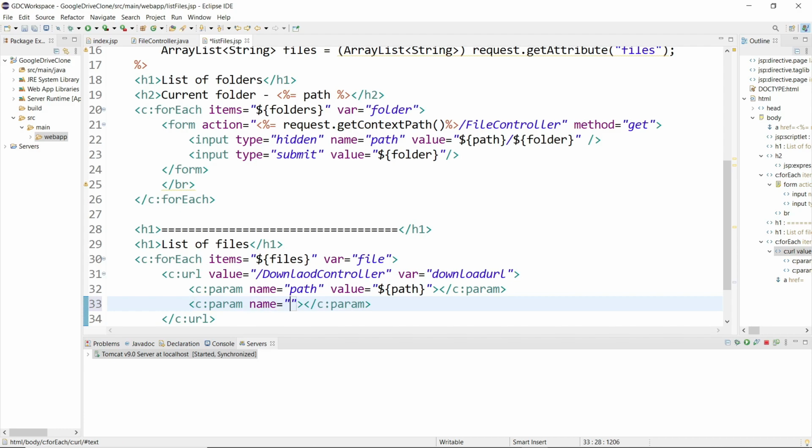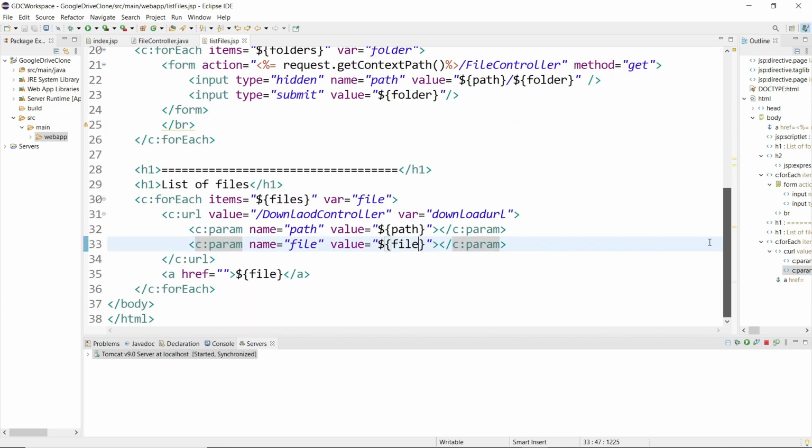I will give the name file, and the value will be file. So this file we are sending in the parameter file, and the path we are not changing, it will be the same path.